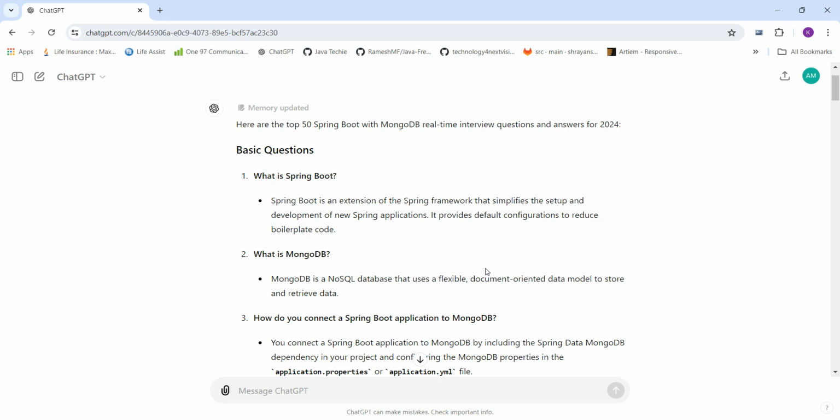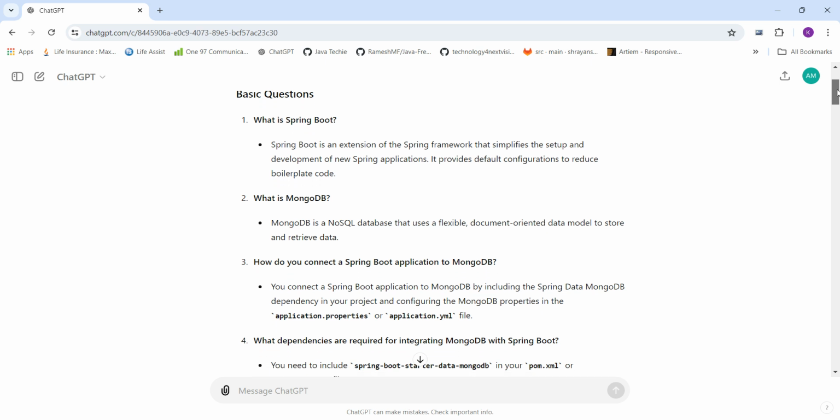The next question is: what is MongoDB? How will we use MongoDB in Spring Boot? So these types of questions the interviewer may ask when you are using Spring Boot with microservices and MongoDB